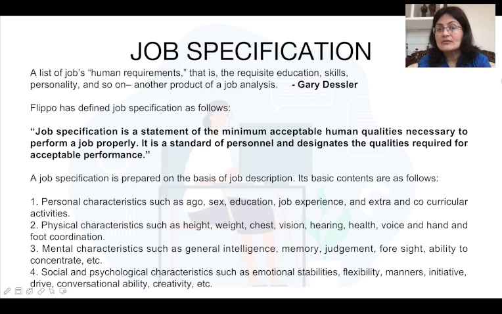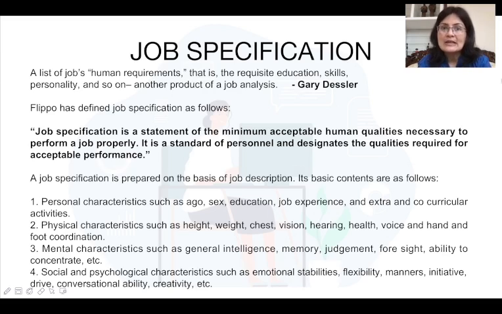Sometimes you need some general intelligence, a memory or a foresight to see that this kind of a job or this kind of a situation might not work out properly. So for that, you need people who have good foresight, the ability to concentrate, people who are doing the job of some analysis. Say, suppose a job analyst, he needs to concentrate.